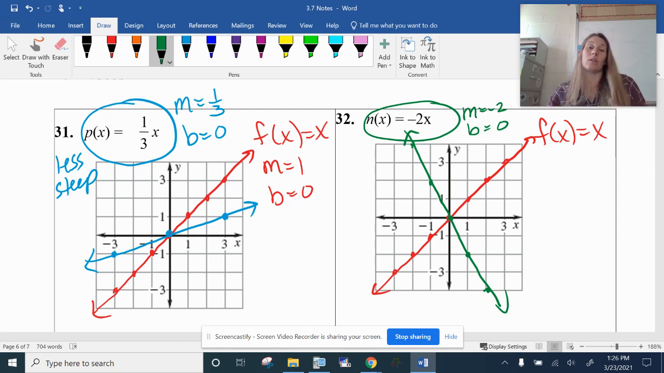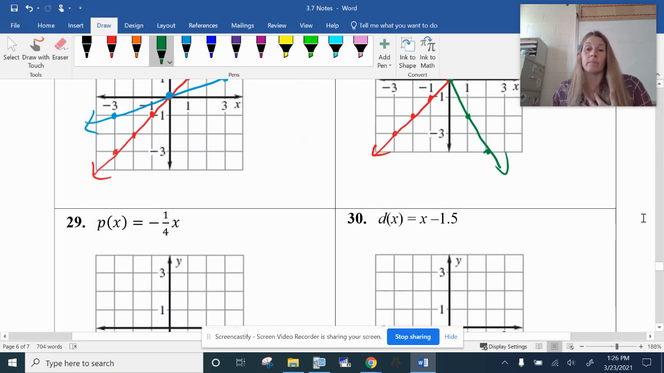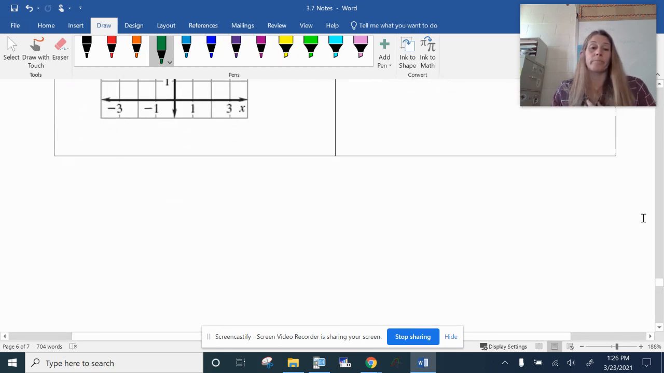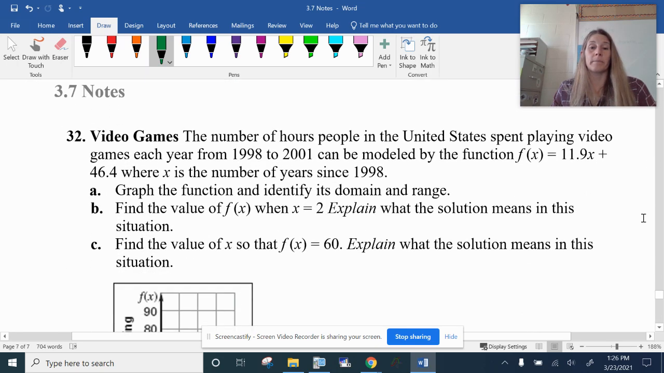Now it's going downward instead of upward. So when you have a slope that's negative, that changes the direction of the line, but the number itself, the absolute value of that number, will tell you how steep or shallow the line is. Okay. So let's take a look at a couple of these